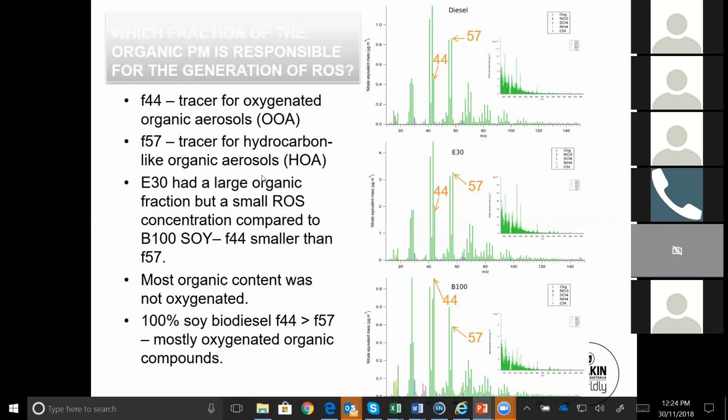For this, we used an aerosol mass spectrometer to get the concentration of oxygenated organic aerosols. We used the factor 44 here. So this is basically the concentration of the CO2 fragment that is coming from particles, not from the gas phase. And the marker for hydrocarbons here was a butyl radical, so 57 is the mass. We were using the intensity of these peaks as an indirect measure of the concentration of these species. And I'm going to show you the graph.